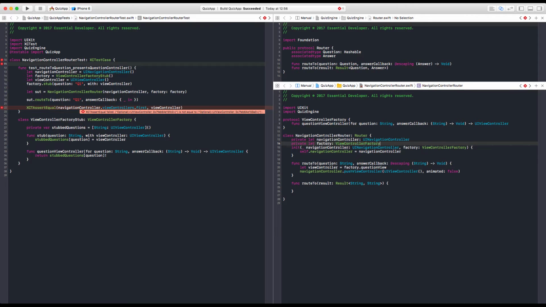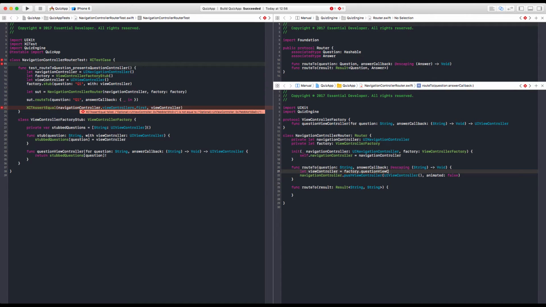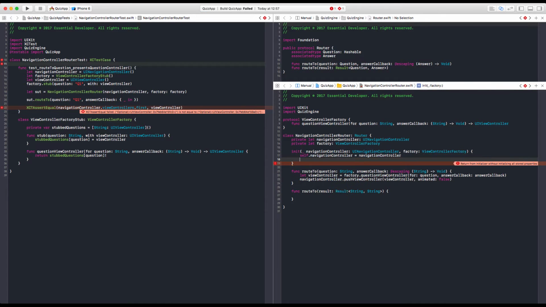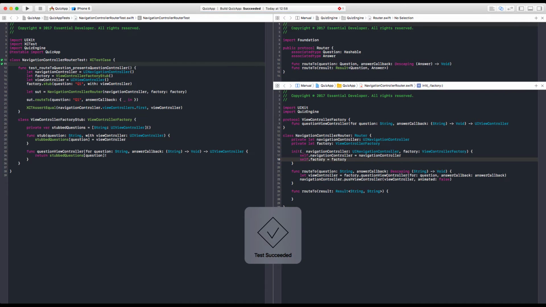Factory. Now we can use it for a question and answer callback. That's it. Let's run this. Oh, we need to initialize it. Yes, so the factory equals factory. Thank you, compiler. Run, and it passes. Cool. Okay, so now we can also